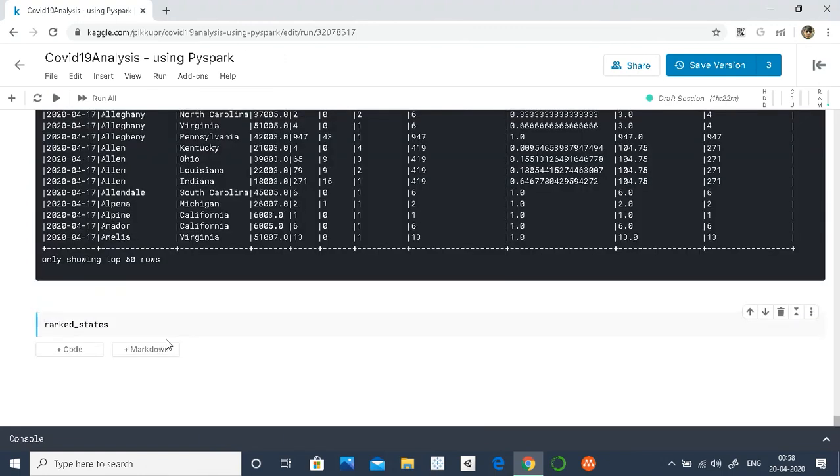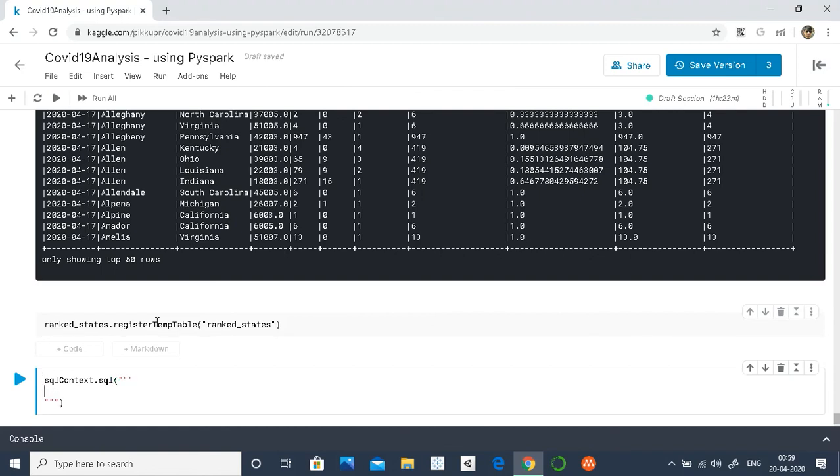Let me register the table with the same name. I will also quickly write a query in SQL, and see how we can do this using SQL queries.